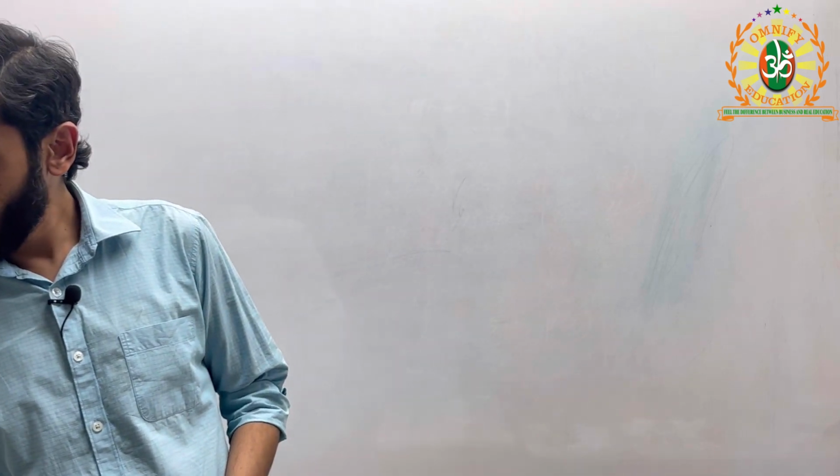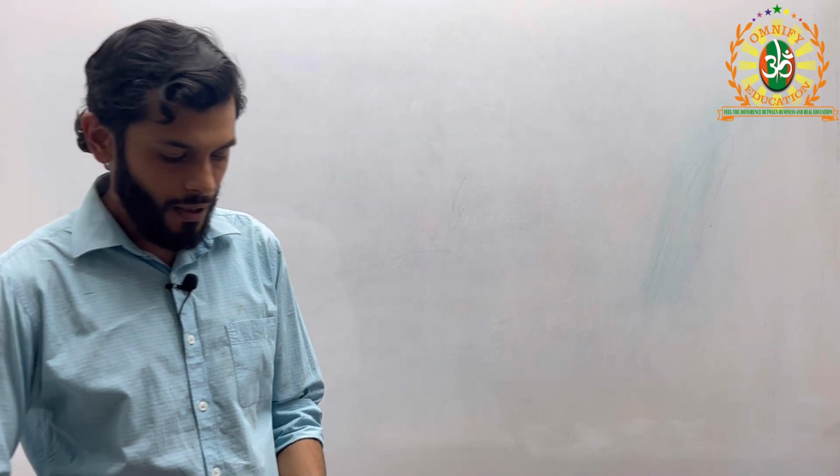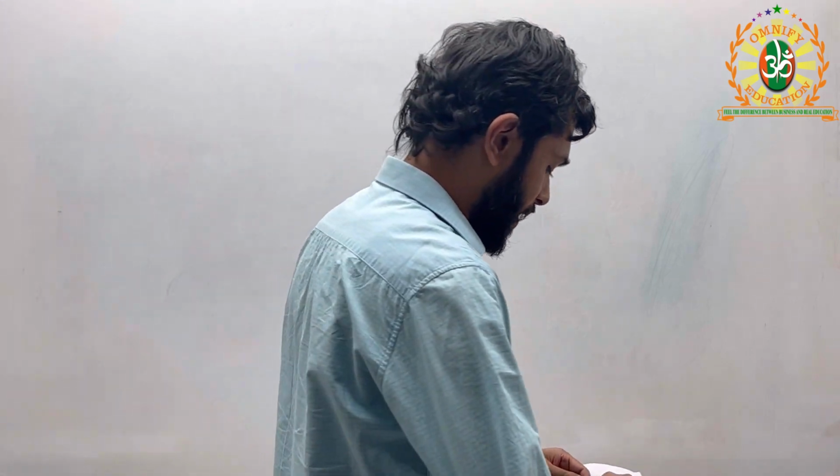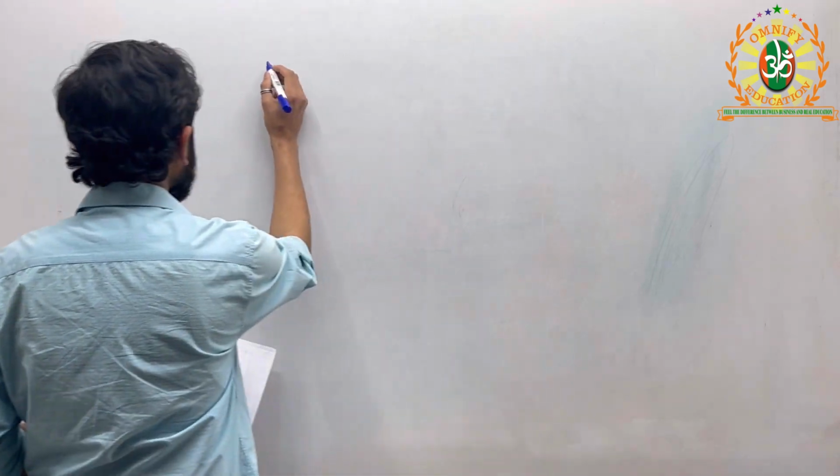Today we will be discussing the unit geometry, and under that we will be discussing the topic mensuration. Mensuration is the branch of mathematics that studies the measurement of geometric figures and their parameters like length, volume, surface area, etc. To begin with, we will first begin with some basic figures, starting with the solid cylinder.